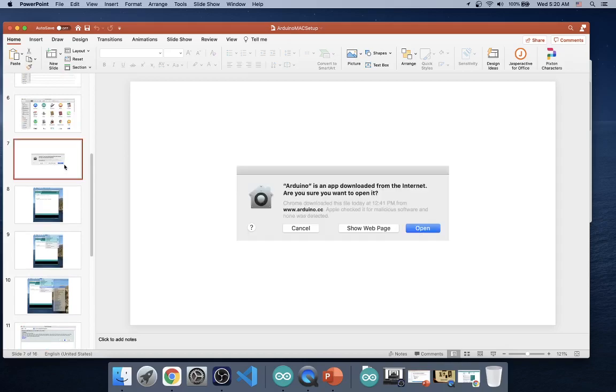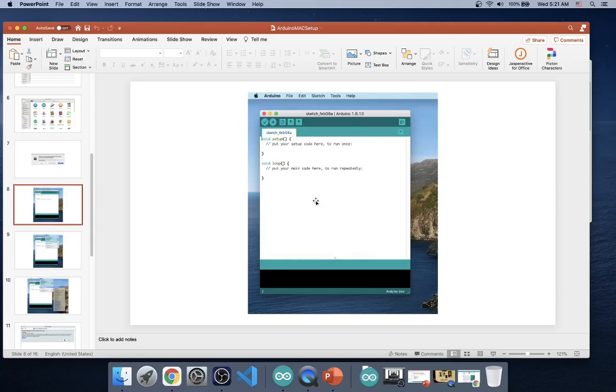So let's go here. So the first time you click on Arduino, it's going to ask you, are you sure you want to open it? Say yes, open, it's fine. It's a legitimate website, legitimate piece of software. Once you get there, again, you're going to see that same screen you just saw. And what we want to do is we want to click on Tools